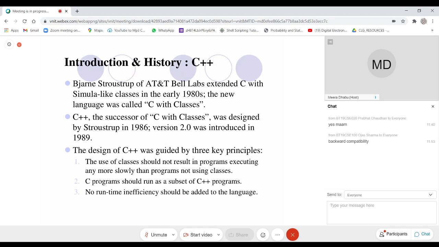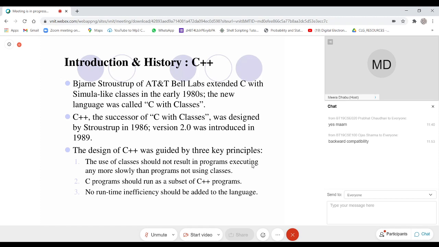All of you are with me? Because nobody would like to switch to a new language overnight. It will take a few years. But till then, those who already had applications developed in C could have been reluctant to adopt the C++ language. So they made it a subset so that if somebody wants to switch to the new language, whatever existing modules they had might execute as a subset of the new one. From the commercial point of view, this is one.